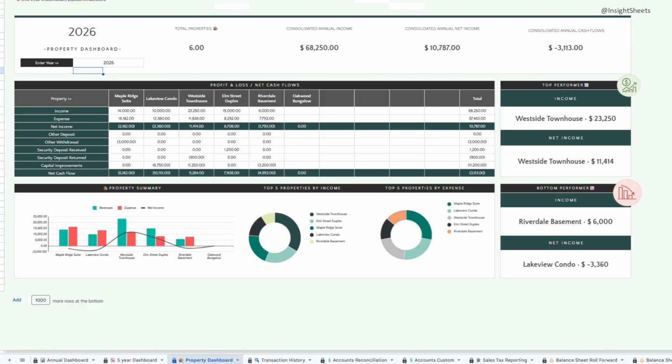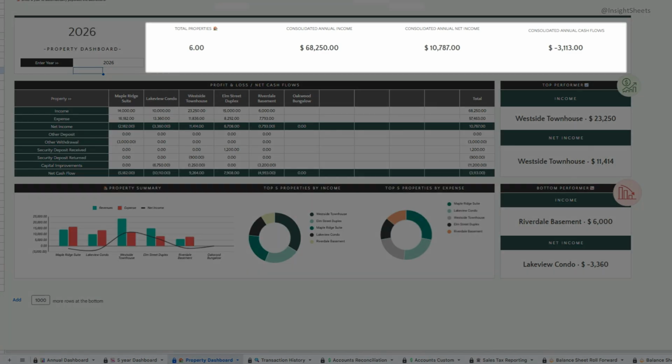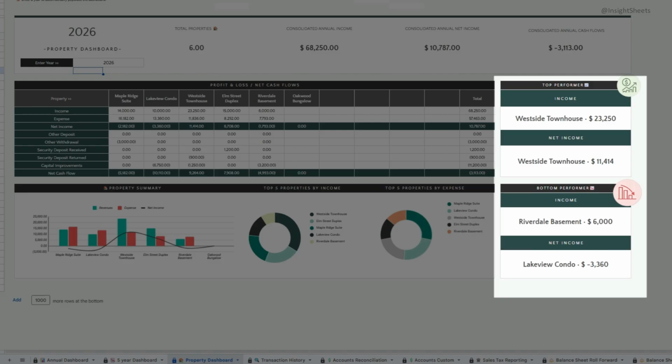No more toggling between tabs or separate files to compare your properties. At the top, you've got your key portfolio metrics, showing your total number of properties, active properties, consolidated income, net income, and cash flows across your entire portfolio for the year. And to the right, you'll see your top performing properties for both income and net income, as well as your